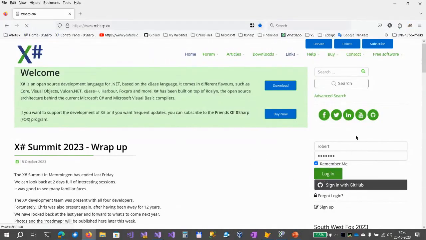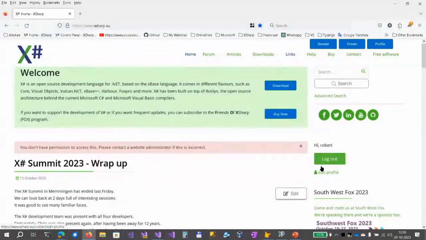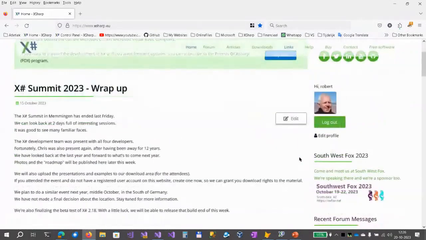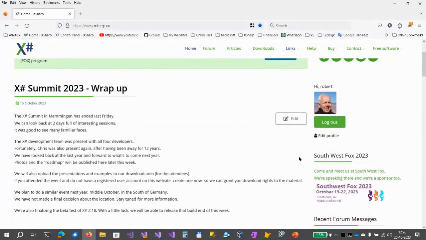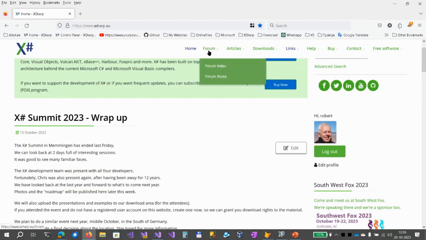Okay. If you have a user account, you can log in. And now there's an error here. It gives you access to that because we have download areas based on who you are. So we have separate downloads for registered customers or for subscribers. And we have a forum section here. I'm not going to go through it, but this is basically where you find it.